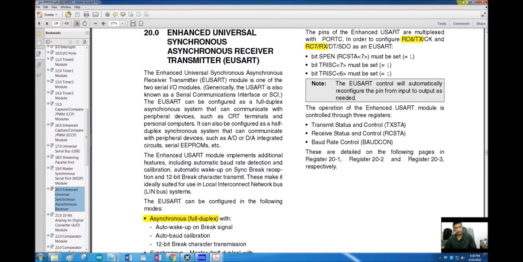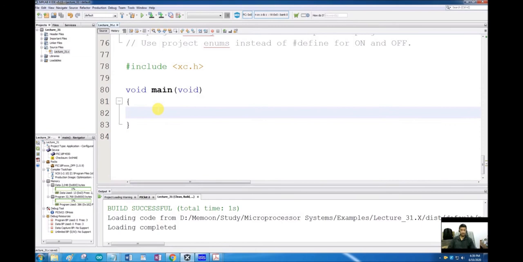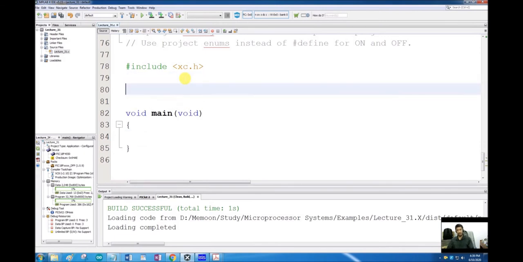So let's start coding. Let me open the MPLAB X. Here we are going to start writing our program. To send data serially, what kind of data do I want to send? Normally I would like to send the data in ASCII characters because I want that data to be displayed somewhere to the user, so it is very easy for the user to read ASCII values, and ASCII values are characters just like 1, 2, 3, 4, 5 numbers and the alphabets.